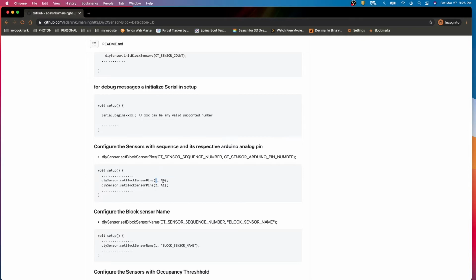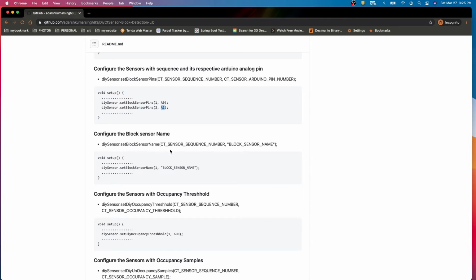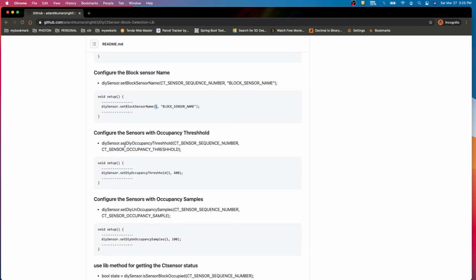In this example we are using two blocks. Block 1 takes input on A0, because the circuit we're going to build sends the signal on an analog pin. Block 2 sends on A1. Here we can set the block name also if we want.